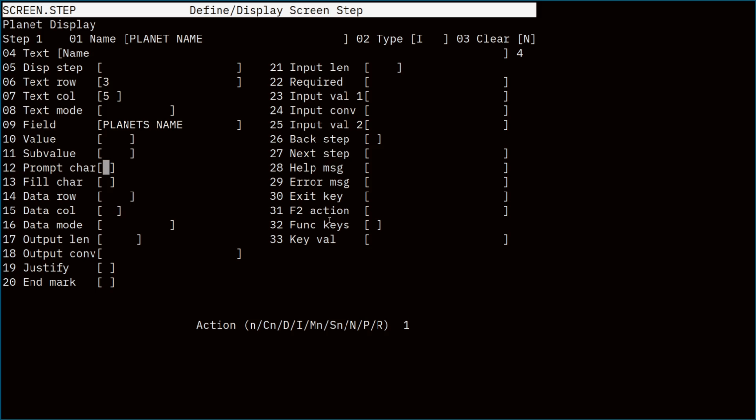If you want a character at the beginning of the input, you can see in this screen, they're probably using the open bracket as the prompt character and the closed bracket as the end mark, just so you can see where the field is on the screen. We can follow that same convention. Fill character, if you want something other than blanks,